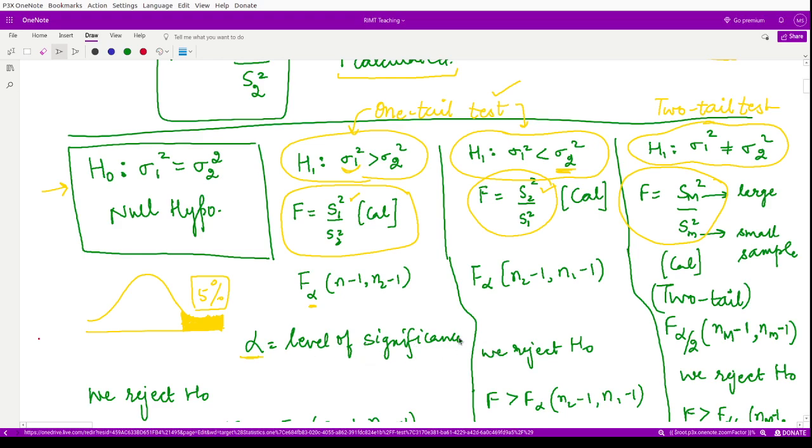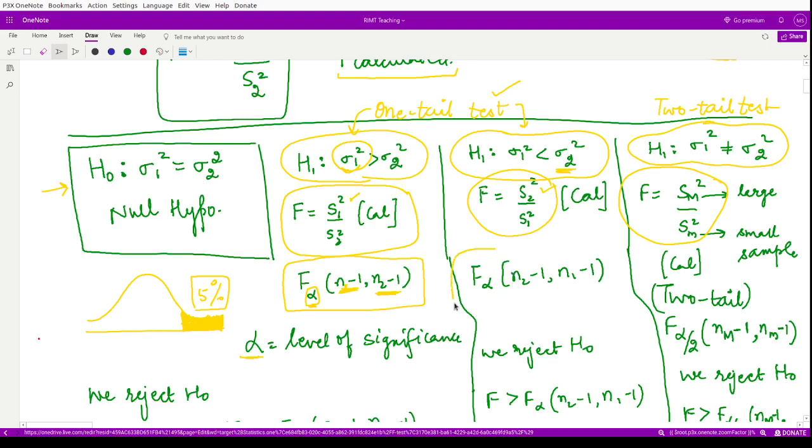In the first two cases, that is alpha only. So for the tabulated value we use this number, which we will usually obtain from the statistical tables. So how do you obtain that? You will take the F value corresponding to the given level of significance, where these are the degrees of freedom. Firstly you will write the degrees of freedom corresponding to the one having greater variance. So here you will write the degrees of freedom according to the first sample, here the degrees of freedom according to the second sample.